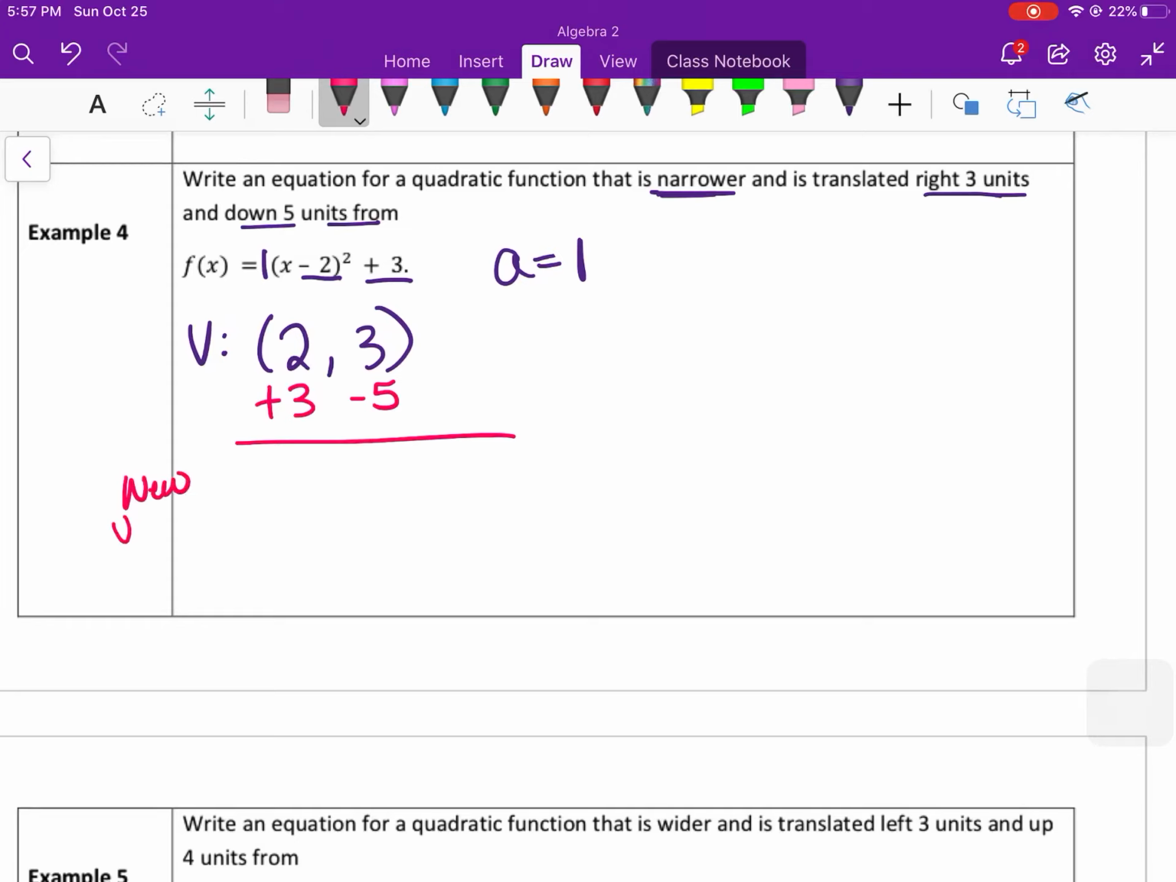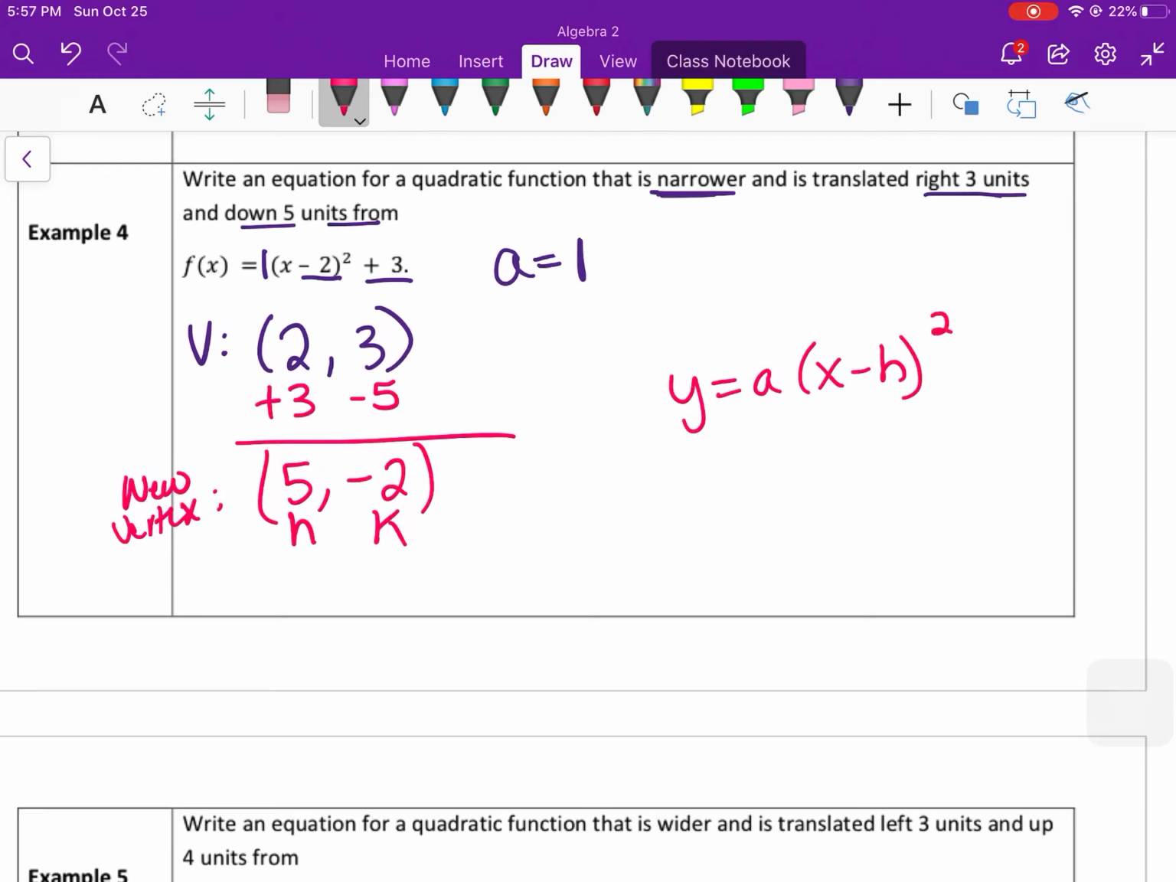So my new vertex in my function would be 5, negative 2. I took that point, 2, 3, moved it to the right 3 and down 5. It would be at 5, negative 2. It's going to be my new (h, k). So I'm going to plug that back